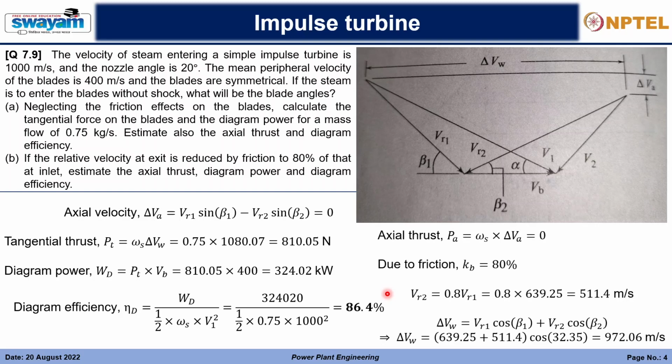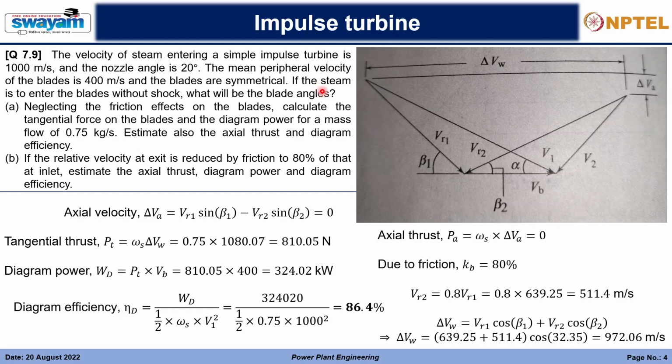Then the axial thrust is based upon this velocity difference, and that is equal to 0. And in the second case, what is given is that the relative velocity at the exit is reduced due to friction. So first we saw that the blade was symmetrical, beta 1 equals beta 2, and also there was no loss. So that's why the relative velocity of the steam at inlet is equal to that at outlet. If there was friction, then what would happen? It would reduce the velocity of the steam, right? So vr2 will be lesser than vr1, and